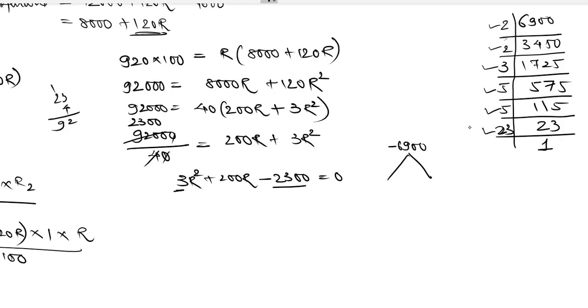Okay, I've got one idea. 23, 5 into 2. 23 into 5 into 2 is 230. So I'm taking this 2 over here, this 23 and this 5 as a factor together. So it'll give me 23 into 2 into 5, that is 230, right? And I'm taking this 2, this 3 and this 5 together.